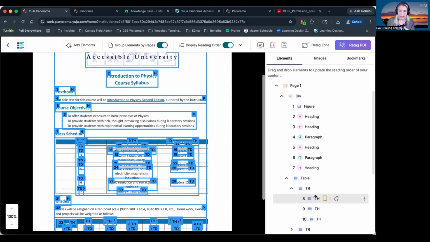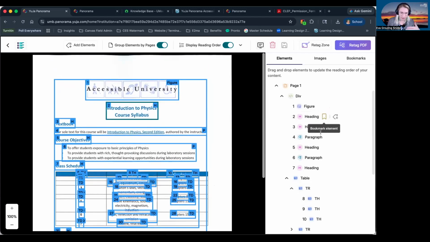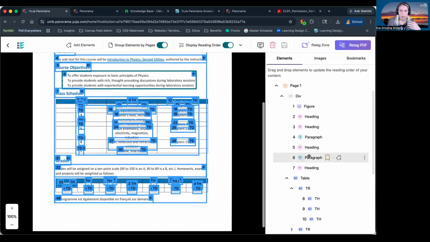Panorama will often flag tables that do not contain headers, but it's worth double checking your tables using the structural remediation, learning more about how tables should be structured and what that looks like from an accessibility standpoint. This is something where you will likely need to do additional learning outside of UJapanorama because, again, tables are pretty complicated from an accessibility standpoint. So I encourage you to read up on table accessibility.